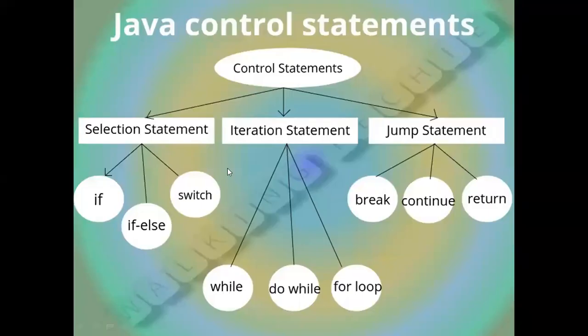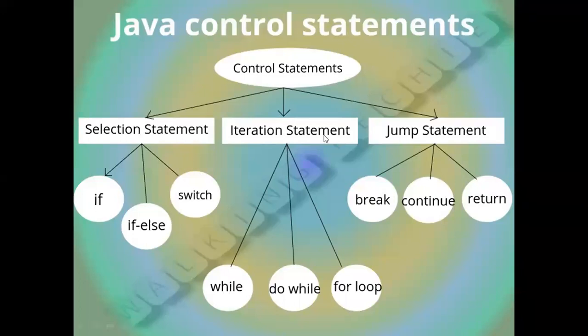So these are called selection statements. Under if or if else, we are going to select either a block depending upon true or another block depending upon false. Similarly, in switch case, we are going to select any one case. So it is called multi-way selection, and if else are called two-way selections.